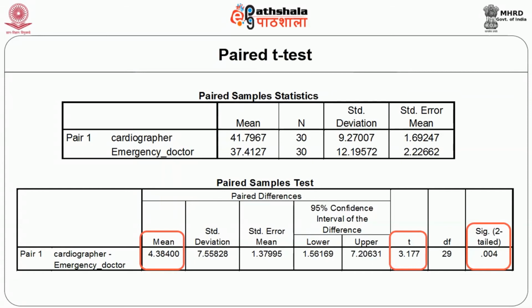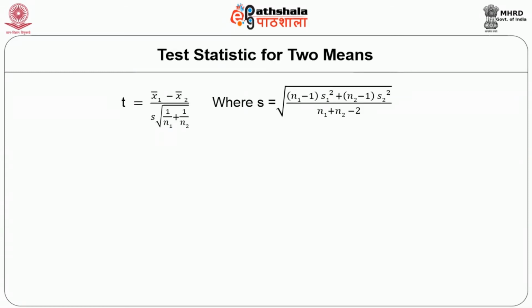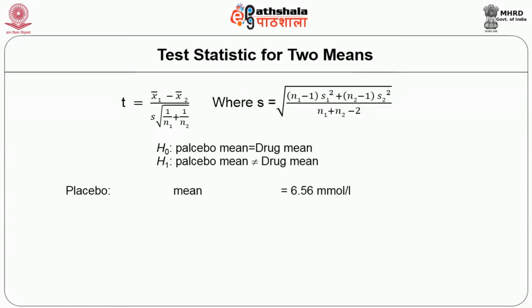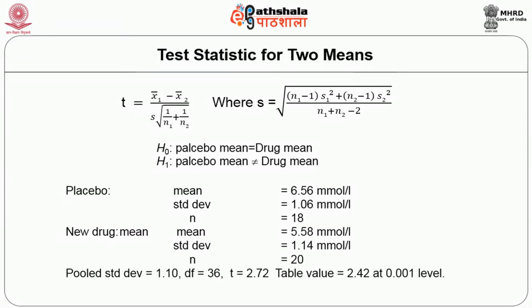The other test which we are discussing is the third test, which we call a 2-sample mean test or 2 independent sample test, where you as a researcher conduct an experiment on one group, control or placebo on another group, take the mean and SDs of both the groups and see whether the means are statistically significant or not.